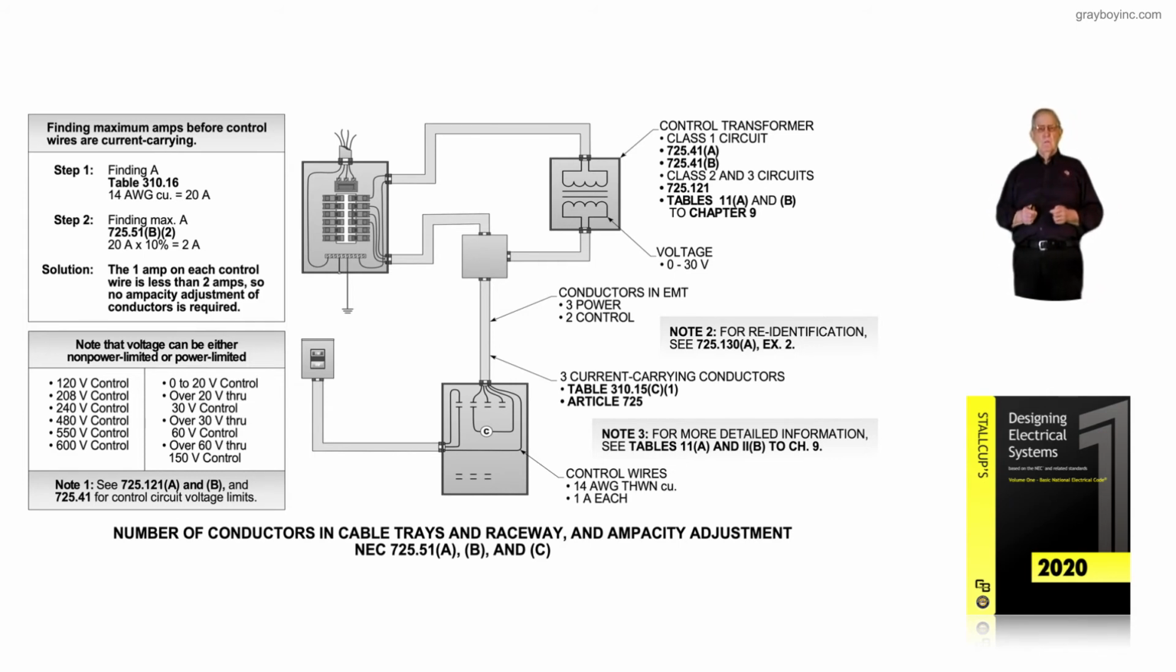Now from the OSHA standard, OSHA 1910 subpart S, notice we could have circuits that are unpower limited by voltage ratings of 120, 208, 240, 480, 550, 600 volt. To the right now we have power limited circuits, and notice they could start from 0 to 20 volts, over 20 volts to 30 volts, over 30 volts to 60 volts, over 60 volts to 150 volts. And then we call out in this work in note 1,